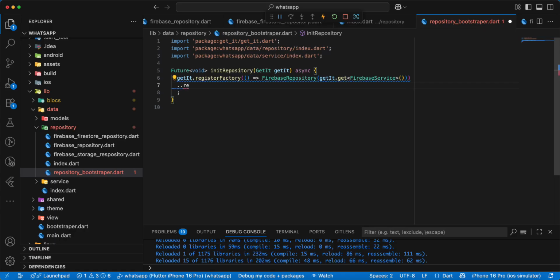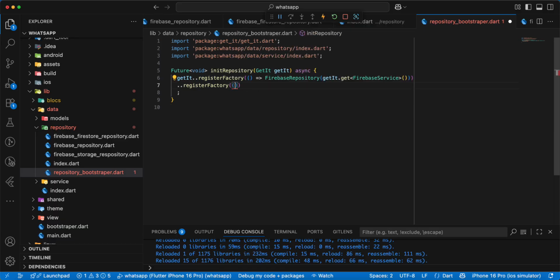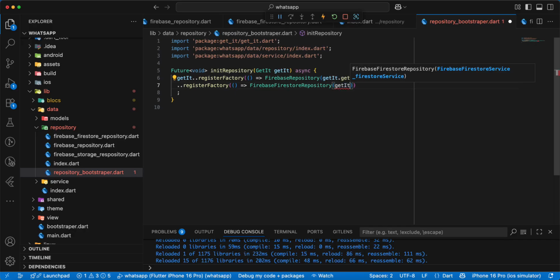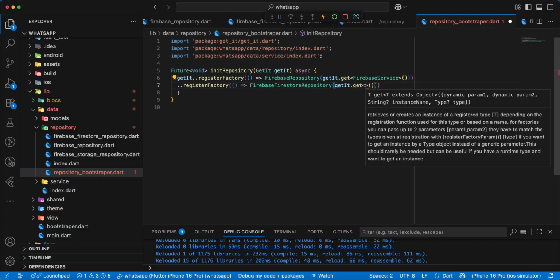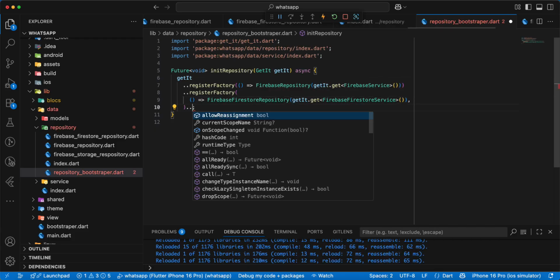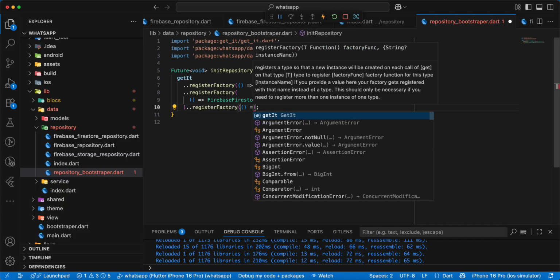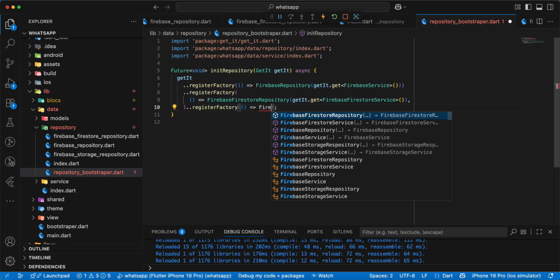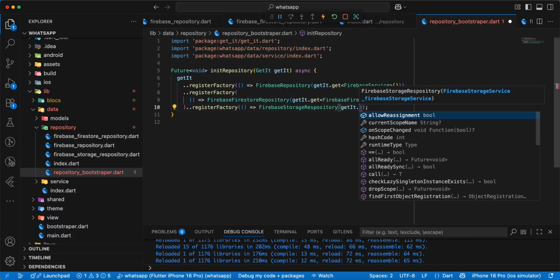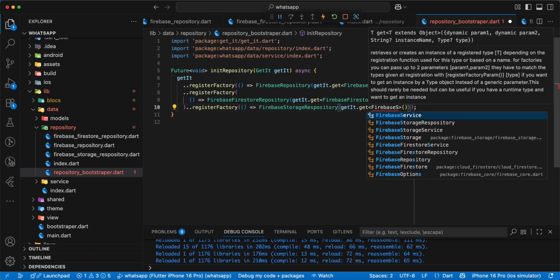write register factory, write Firebase Firestore repository, write get, write Firebase Firestore service, write register factory, write Firebase storage repository, write get, write Firebase storage service, save,